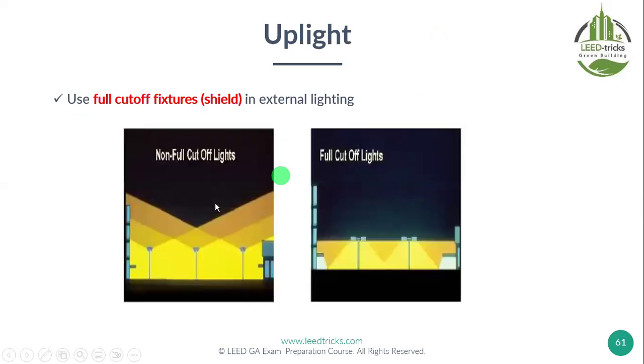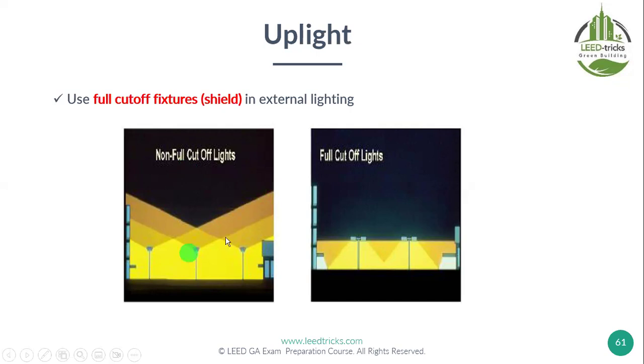So what is uplight? Uplight is like this, like I show you now, the column, see it giving light to the sky. When you are walking in a street, of course, you will never see the lights. When you look to the sky from your home window, you will. But in here, see the light coming down only, giving the light in this area where people can walk safely. So I don't need all this excessive light. This we call non-full cut-off light. Non-full cut-off means